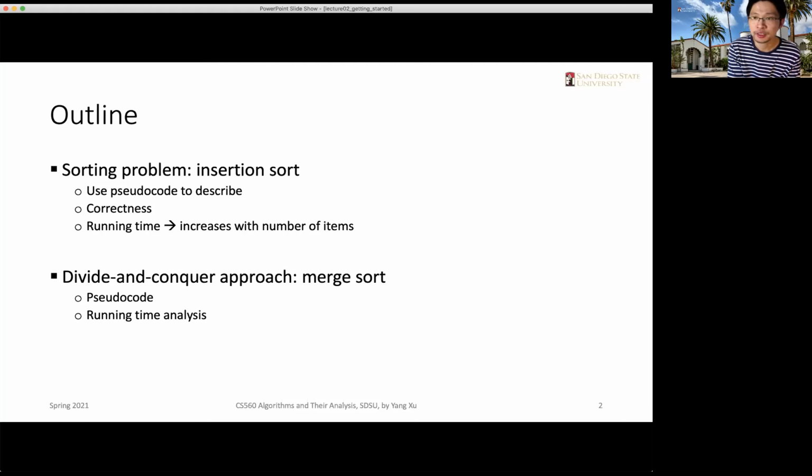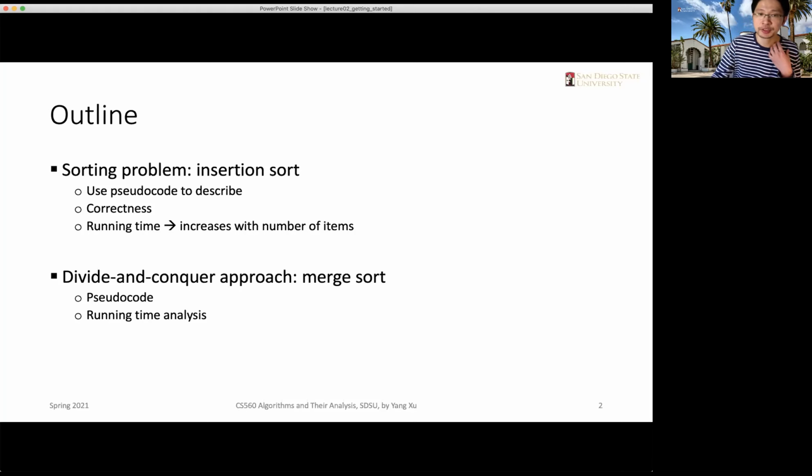Okay, if you don't carefully implement the algorithm, even a sorting algorithm will cost you a lot of running time. So we basically want to show how different ways of implementation will result in different running time by using insertion sort and merge sort as two examples. I think we will have the time to cover the insertion sort today, and we will